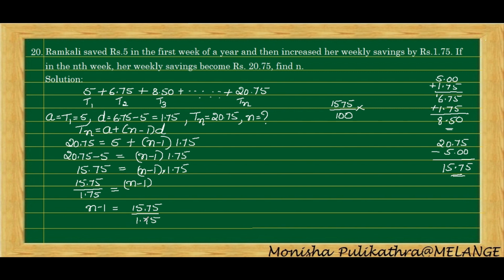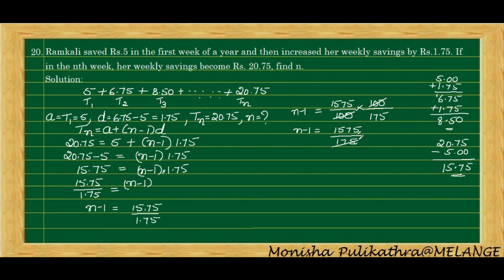Okay, in the next step, here in the denominator there is 1.75 and after the decimal point there are 2 digits. So for removing decimal points we need to write 100, because 2 digits means 2 zeros, that will be 100, 175. Okay, so both 100 and 100 cancel. So what will be remaining? n minus 1 is equal to 1575 divided by 175. Since the units place is 5, we can divide both the numbers by 5 itself. We have to try dividing the number by the smallest digit possible. So that will be 5.